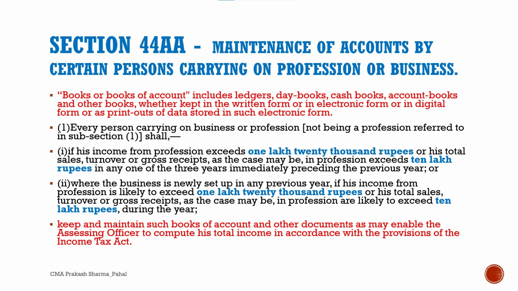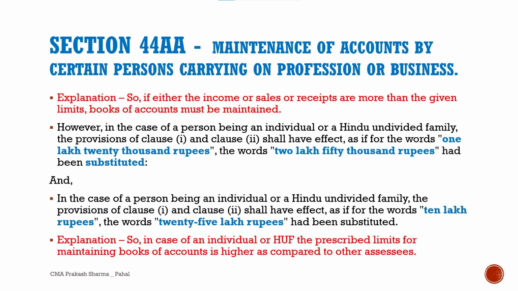Every person carrying on business or profession, not being a profession referred to in subsection 1, shall, if his income from business exceeds 1,20,000 rupees or his total sales, turnover or gross receipts as the case may be, in business exceeds 10 lakh rupees in any of the 3 years immediately preceding the previous year, or where the business is newly set up in any previous year, if his income from a business is likely to exceed 1,20,000 rupees or his total sales, turnover or gross receipts as the case may be in business are likely to exceed 10 lakh rupees during the year. So if either income or sales or receipts are more than the given limits, books of